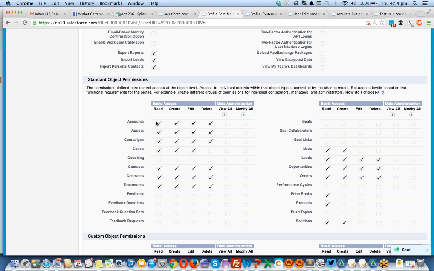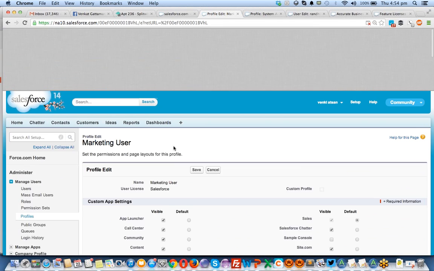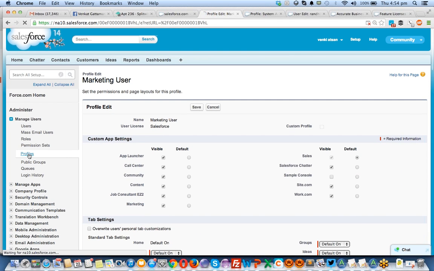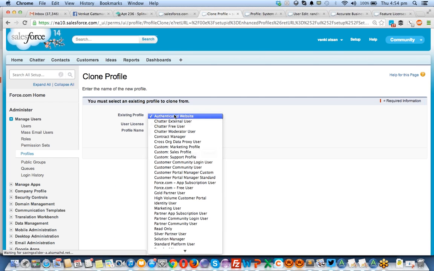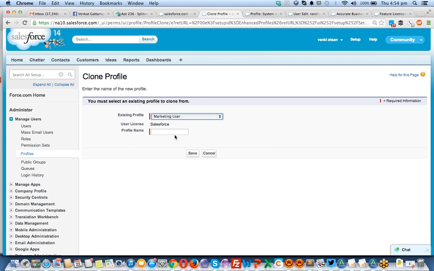So the reason I am unable to edit this is that it's the standard profile. But I can show you how to create a profile. Just click on create new profile. So we have to clone an existing profile. I just want to clone the marketing profile, right? Marketing user profile. It's called new